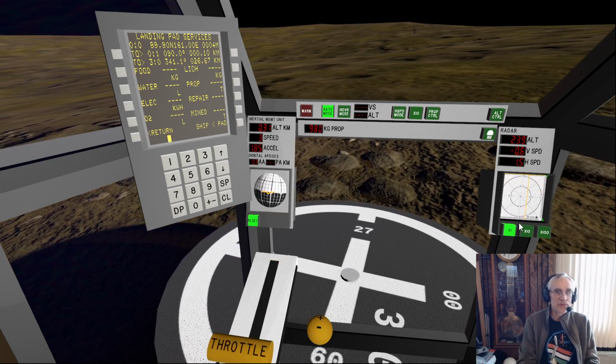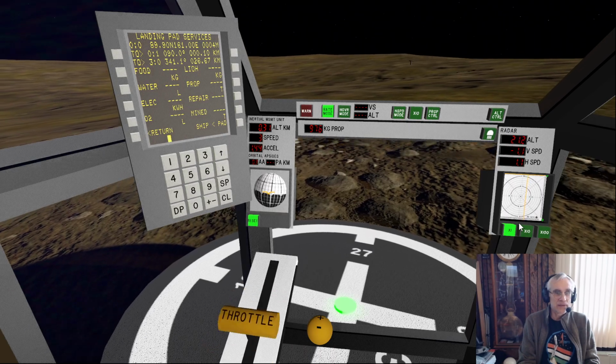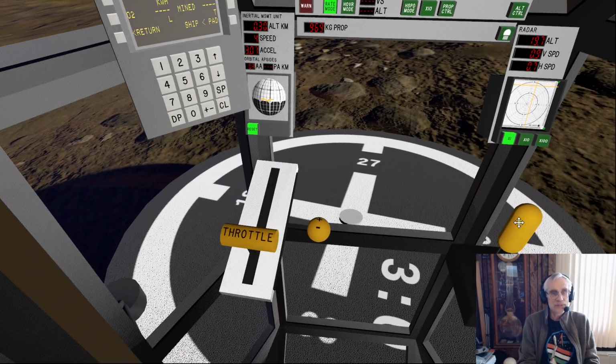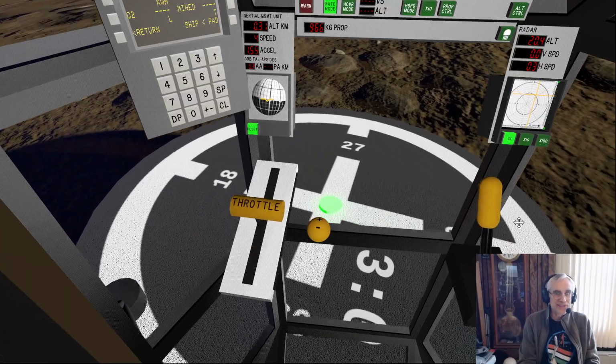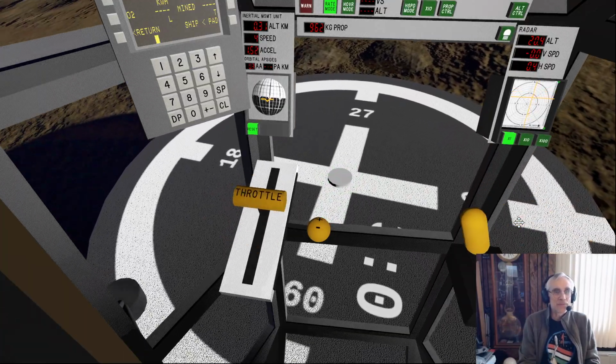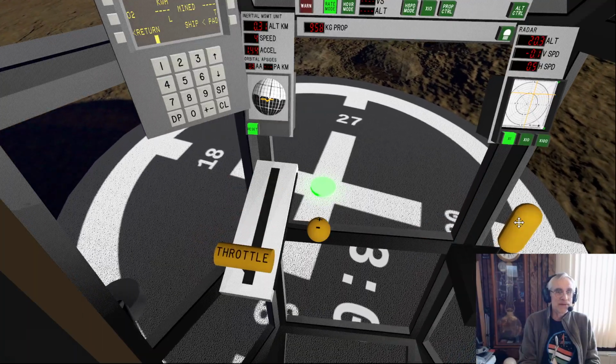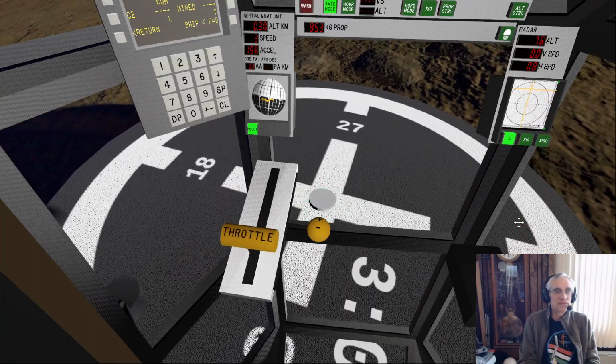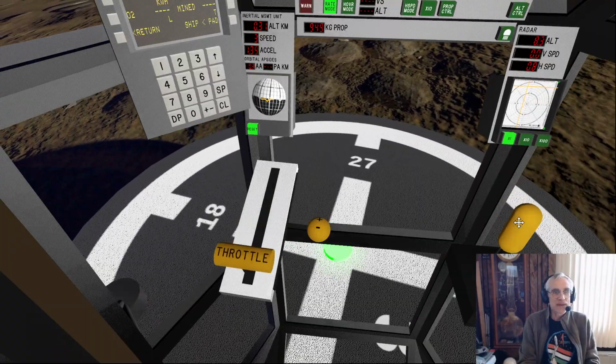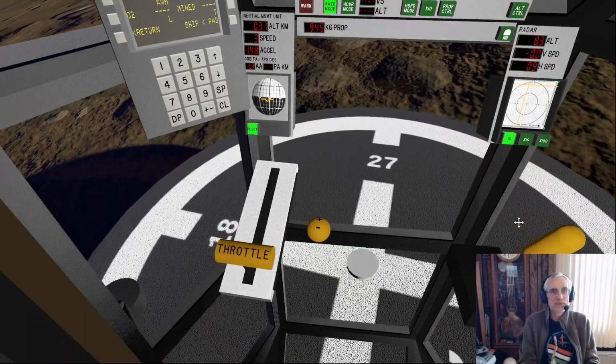Now full scale is 1 meter per second. Gradually slow my forward motion. Just want to creep in over the pad here. This is pad 3:0. That's the one I was aiming for.